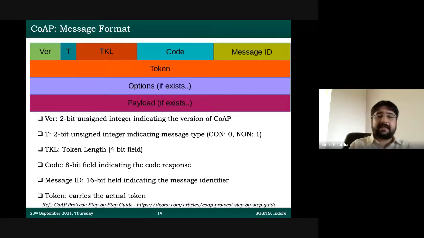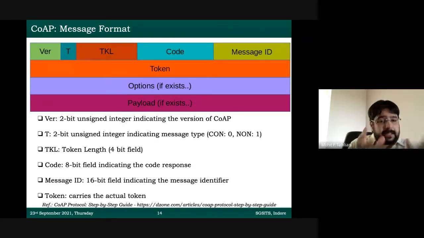Similarly, on the right hand side, there is a code, and that code is an 8-bit field. Now, what is this code? If you remember, whenever you do an HTTP request, you get 200 OK. That means the web page loaded correctly. 404 page not found. When you try to hit IRCTC during Tatkal time, you will get a 404 error. So you know that 404 error problem is at the server side. 200, well, everything went fine and the file has been received successfully. So these are HTTP codes, and the same codes are borrowed in CoAP also. Not much difference is there.